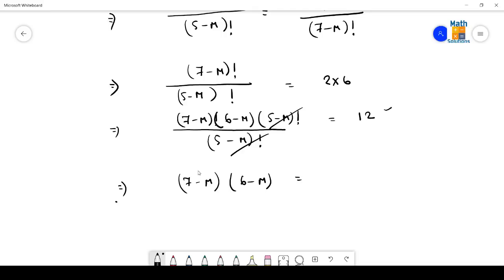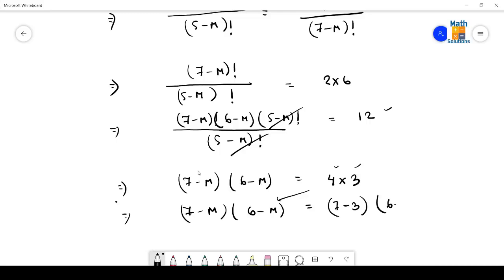So let us break this term into factors of two consecutive terms. So I can write here 4 into 3, yes or no? So 7 minus r into 6 minus r. If I try to arrange these two terms in the form of these two, it will be 7 minus 3 in place of 4 and 6 minus 3 in place of 3. So comparing both the sides, what do I get? 7 minus r, here on the side 7 minus 3 means 3 is taking place of r, while on the other side 6 minus r means 6 minus 3. So comparing both the sides like the previous sum, I can write here,